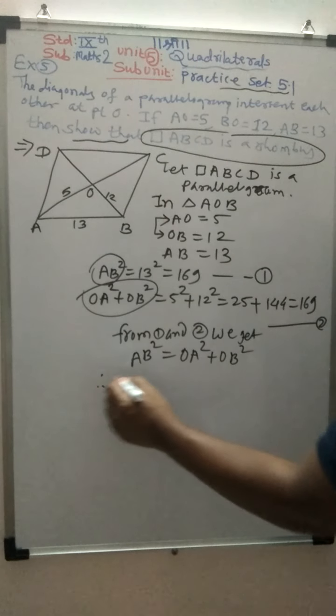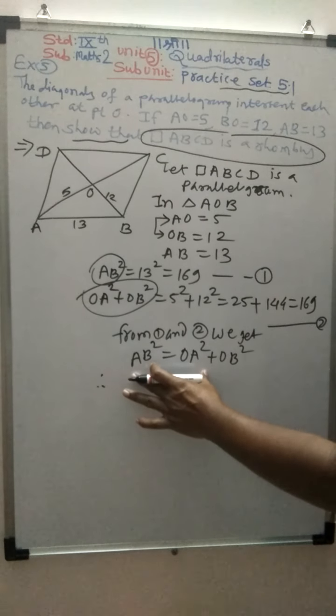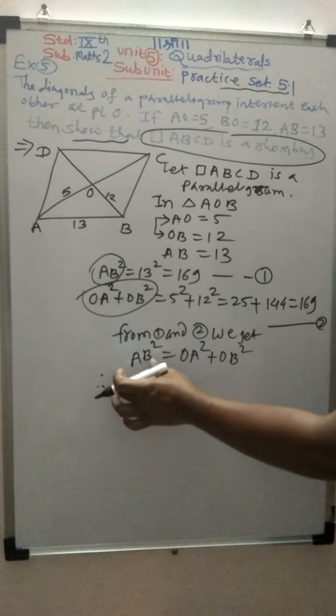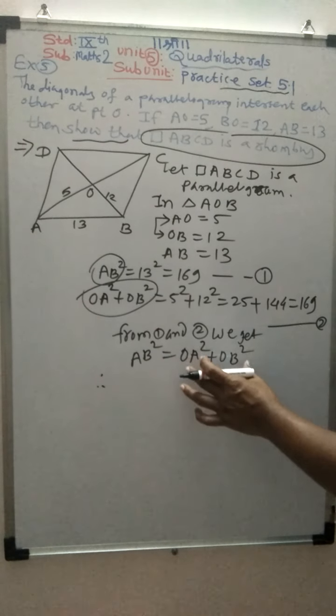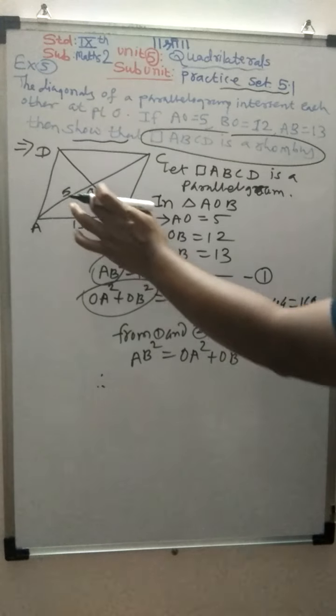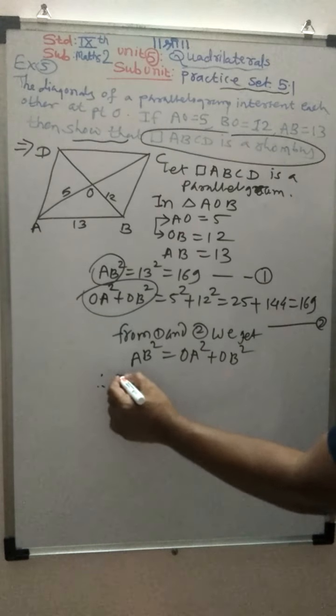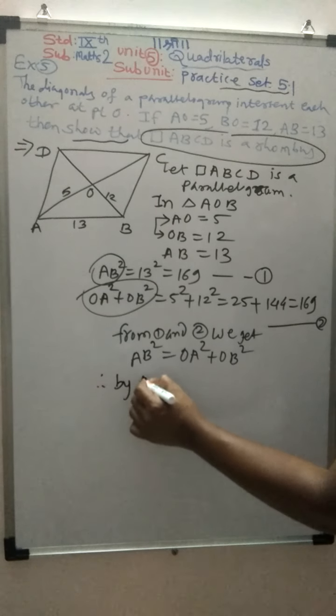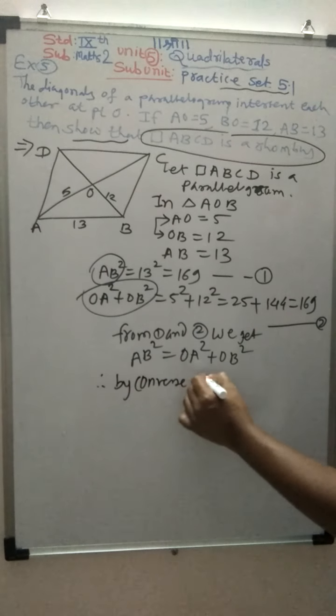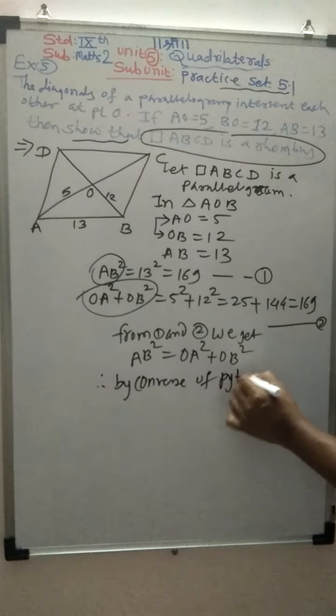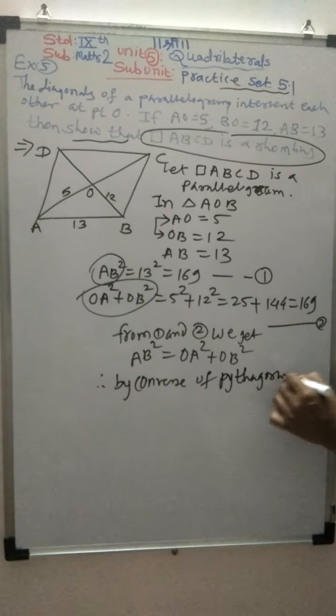Therefore, using the property proved for triangles, if one side's square is equal to the sum of squares of the remaining two sides, then the given triangle must be a right angle triangle. Therefore, by the converse of Pythagoras theorem,